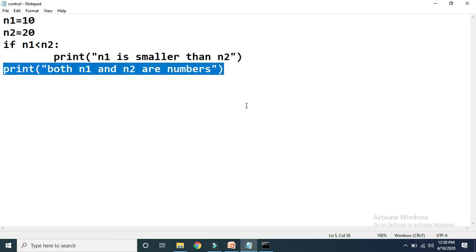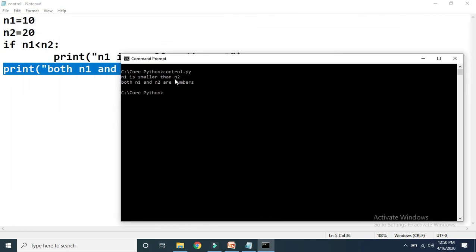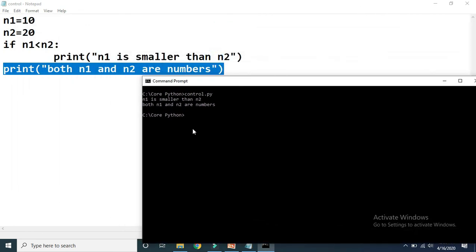Now let me show you the output. See here, we are getting both statements: n1 is smaller than n2, and n1 and n2 are numbers.